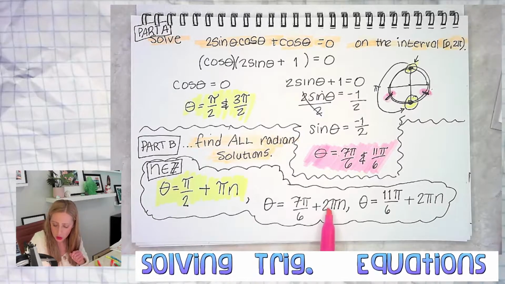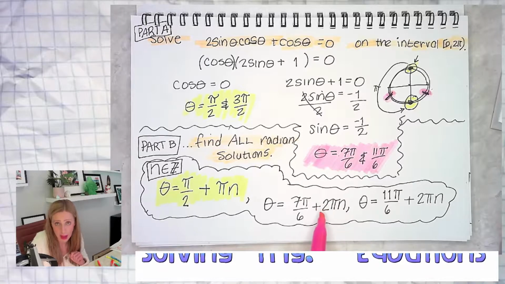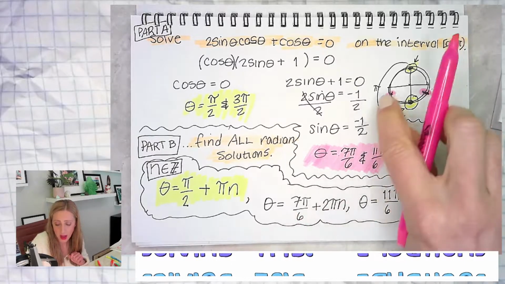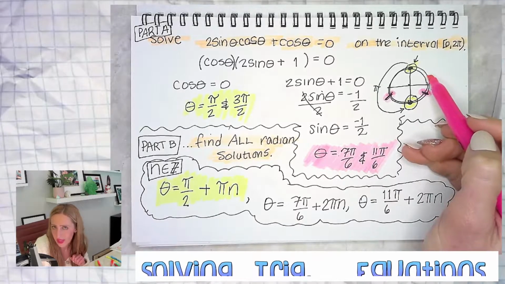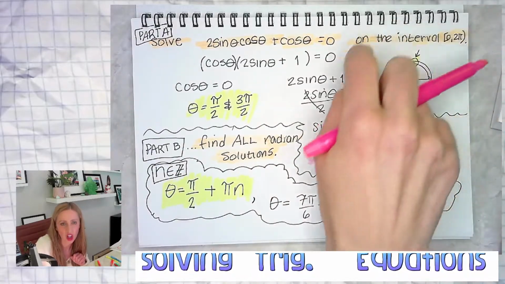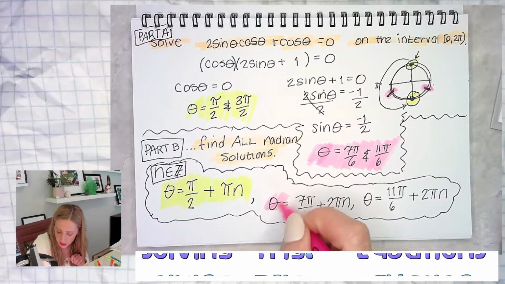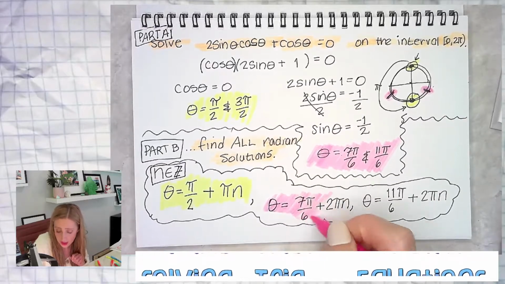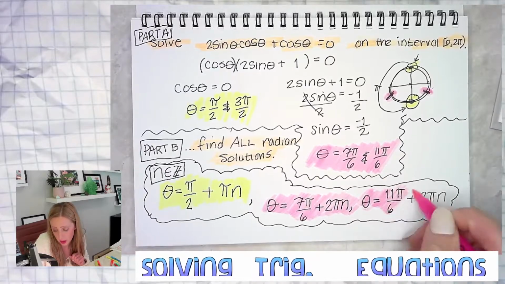Well, if I do 2 pi times 0.5, that's 1/2, that will give me pi. And if I add pi to 7 pi over 6, I'll land here. And that's not good. I only want n to be an integer, so I'm adding a full time around, all the way around, okay? So your answer for part B, finding all of our solutions, also known as our general